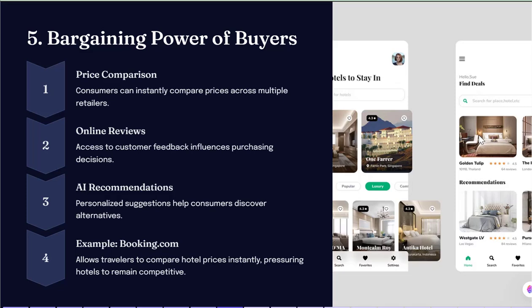Now we look at factor number 5, the bargaining power of buyers. It includes price comparison, online reviews, AI recommendations, and we look at the example of Booking.com. Customers today have more power than ever to compare prices and find the best deals across multiple retailers. Online reviews also give buyers significant influence, as customer feedback can sway purchasing decisions. AI-powered recommendations further empower buyers by helping them discover alternative options that may be a better fit for